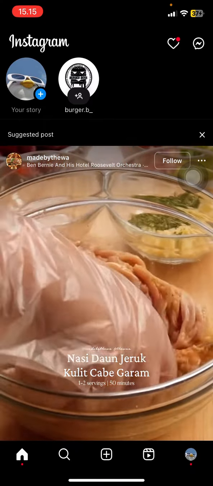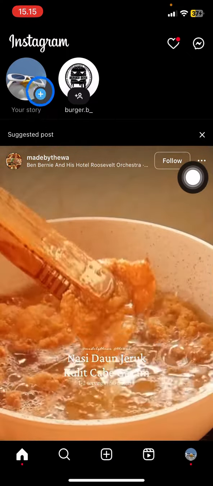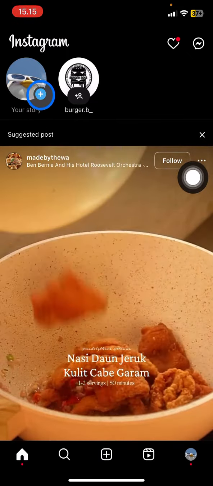So the thing that you have to do is open Instagram and make sure that you stay in the home section, and now you just need to click this plus button here to access your